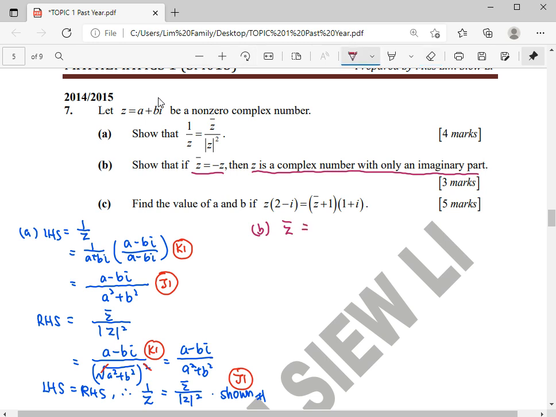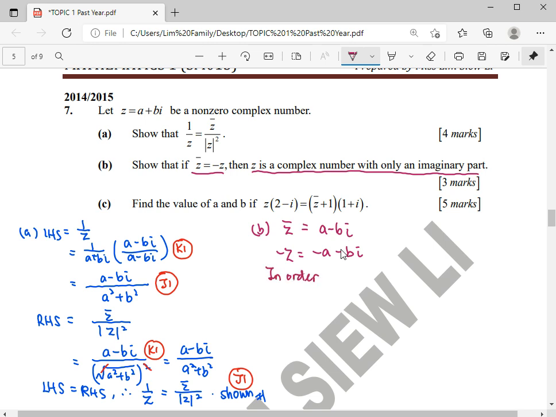Okay. So first, left hand side, our conjugate of z will be a minus bi. Negative z will be negative a, negative bi. So in order to make them equal, they say the situation is if this conjugate equals to this negative z, in order to make them equal,